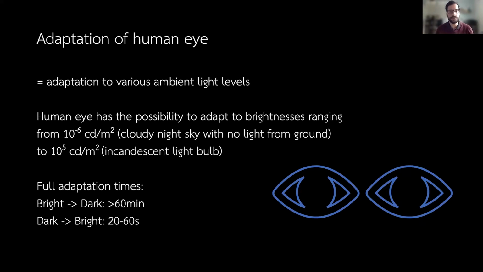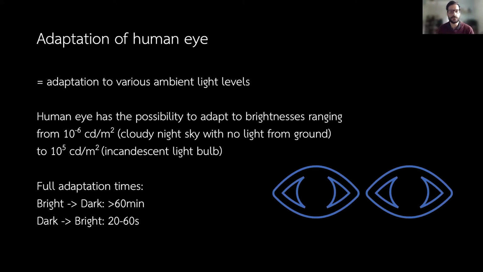So it's even darker, this sky. And the human eye is in fact capable of adapting to such low brightness levels. And on the opposite, it can adapt to more or less very high light levels, with its maximum at the value of a normal incandescent light bulb. But if you think about it, the human eye can adapt to very low brightness levels, or very high darkness levels, if you want.